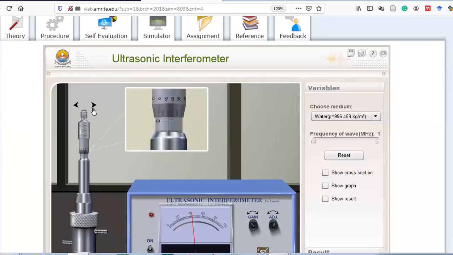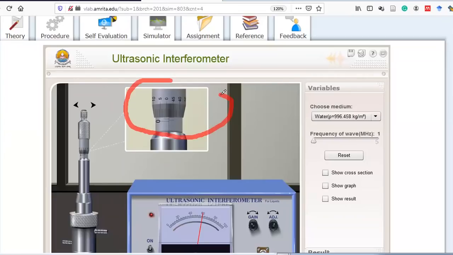Now you see it has started increasing again. You can see the current scale. Now it has increased, but if you increase the value of the micrometer again, it will return. The current value will return again. So this particular value you again consider as maxima, because it has touched the 60 count. At this maxima, what will be the reading of this micro scale? Can you see this properly?